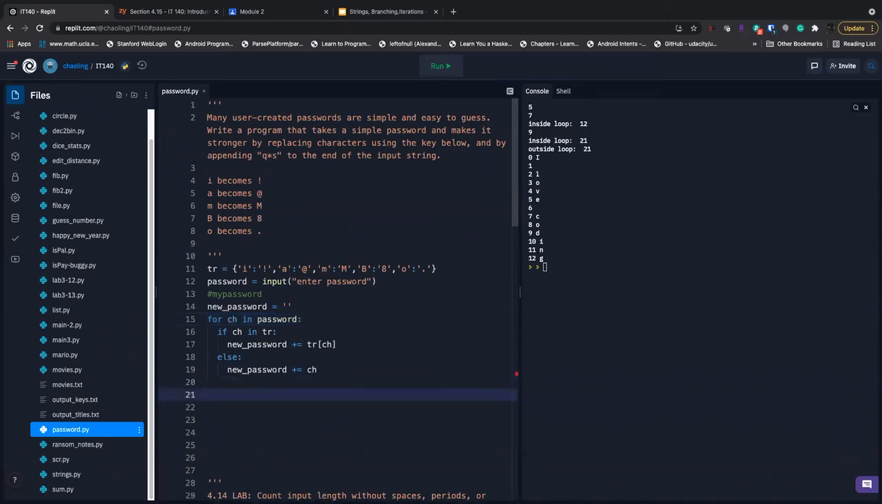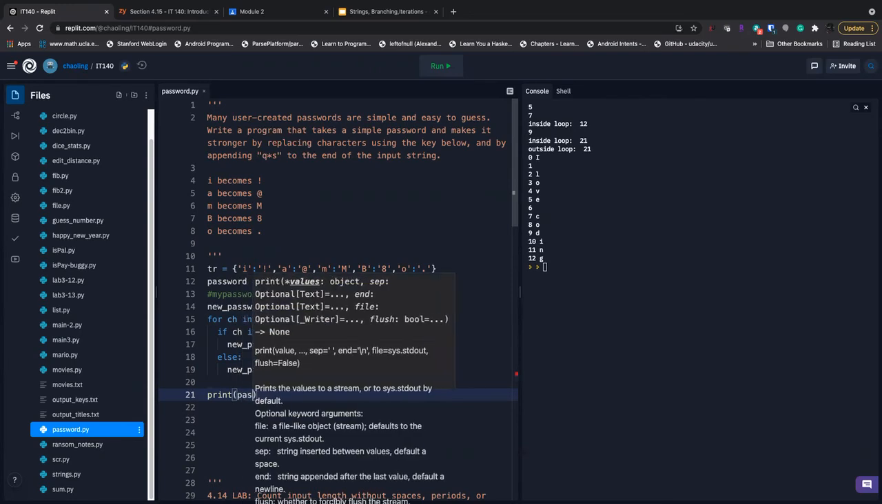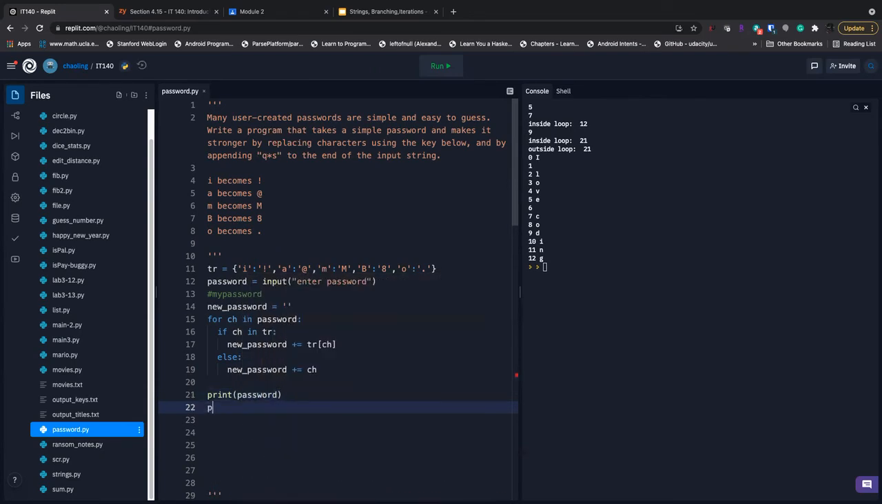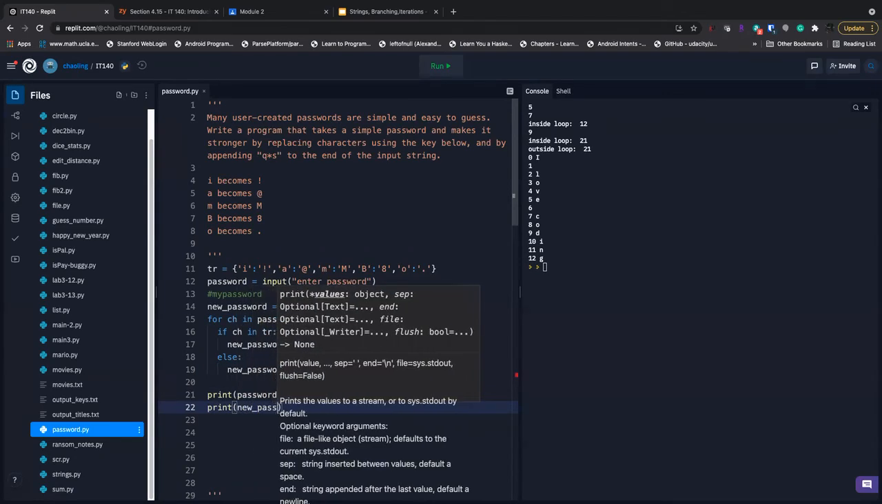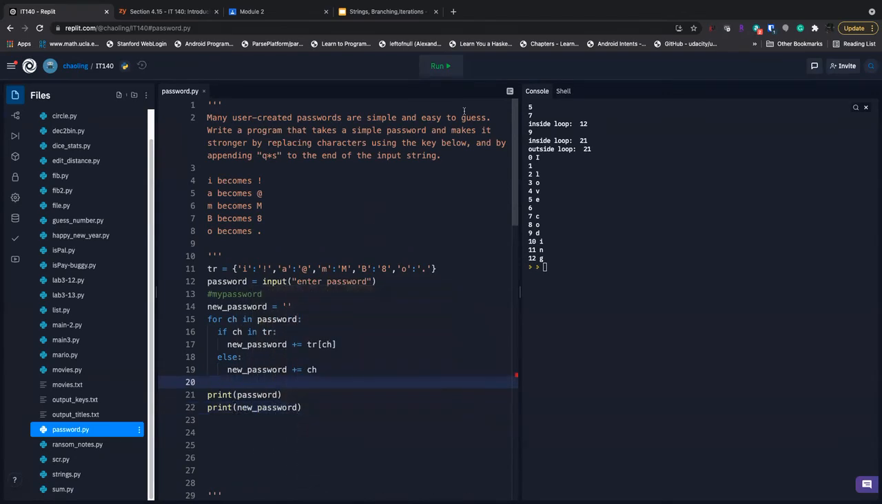Okay, now you're out of the for loop. Now what? Don't forget to also append Q star S to the end of the input string. I'm not going to do that; I will leave it to you as an exercise. But I'm going to print out the original password and also print out the replacement password. Okay, let me just run it. Actually, I have to run it here. python